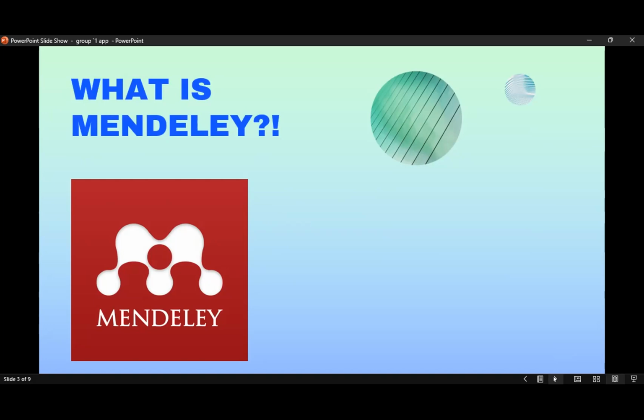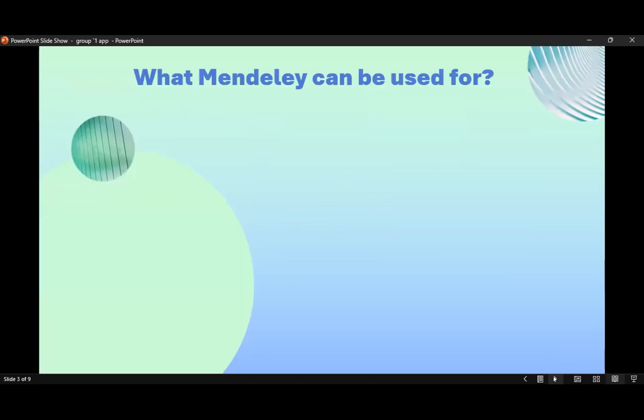Collaborate online and find the most recent research, and it is also a free web and desktop reference management application. What can Mendeley be used for? We can use Mendeley for many things that can help us, like